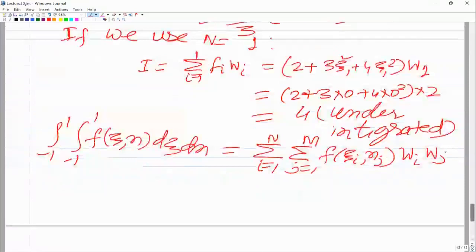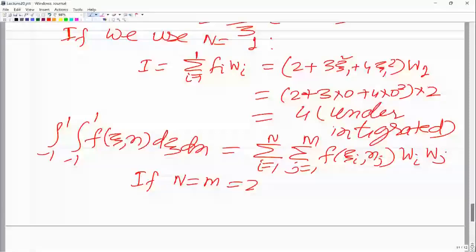So let us say n is equal to m equal to 2, and the way we decide n and m is the same thing. We look at the highest power of xi in f(xi, eta) and the highest power of eta in f(xi, eta), and then the highest power plus 1 divided by 2 we take as n and m. So suppose n and m were 2 and 2, then this integral I would have been